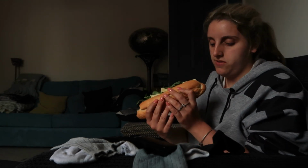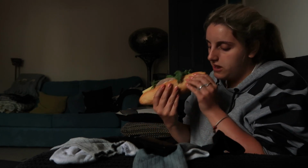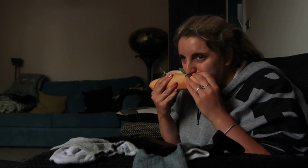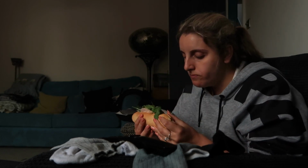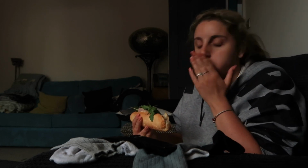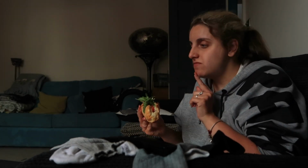But it's good. I don't know which side to go. I'm gonna do this side. I'll probably get a bit of bread first. It's a bit weird, I'm going to do it like this from this side, I think. It's actually not too bad. I would say though, this bread is quite tough, and